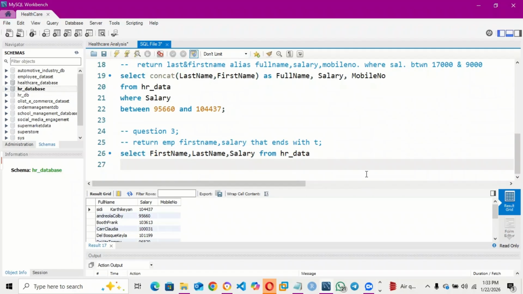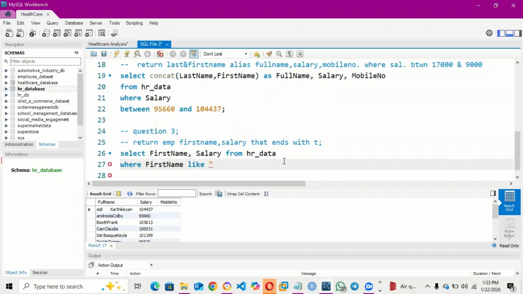We want the first name that ends with T. In the question last name wasn't included, so let's remove the last name. So where first name like, so make use of